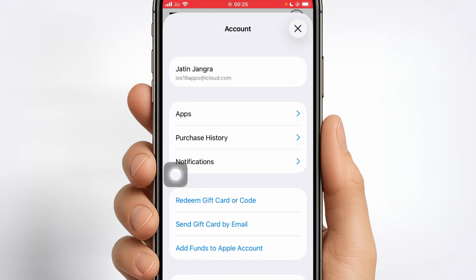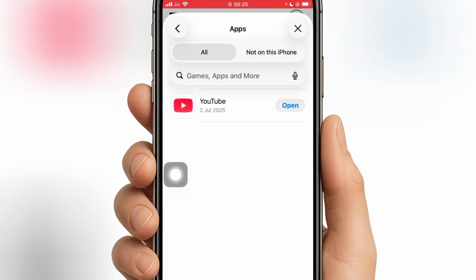Now I would like to talk to those guys who don't have an Apple account to download the YouTube application on your old iPhone. For you guys, I can give my own Apple account to download the YouTube application on your old iPhone. In the description you can find my Instagram ID. You can personally DM me. Definitely I will provide you my Apple account. You can download the YouTube application with that Apple account, and after downloading you can use it on your old iPhone. So definitely you can DM me on Instagram.